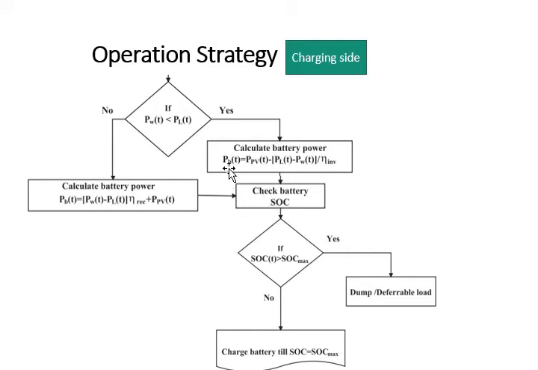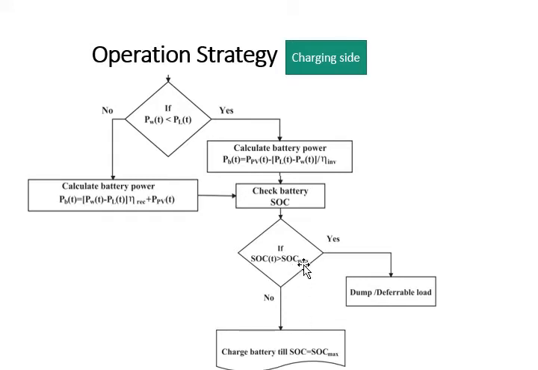So that's the PB. Then you are checking the SOC of the battery, the state of charge of the battery, whether it's above the maximum limit of 100%. In this case, if your SOC is not above the maximum, it means your available battery charging is less than the maximum, so the battery can accommodate that power.